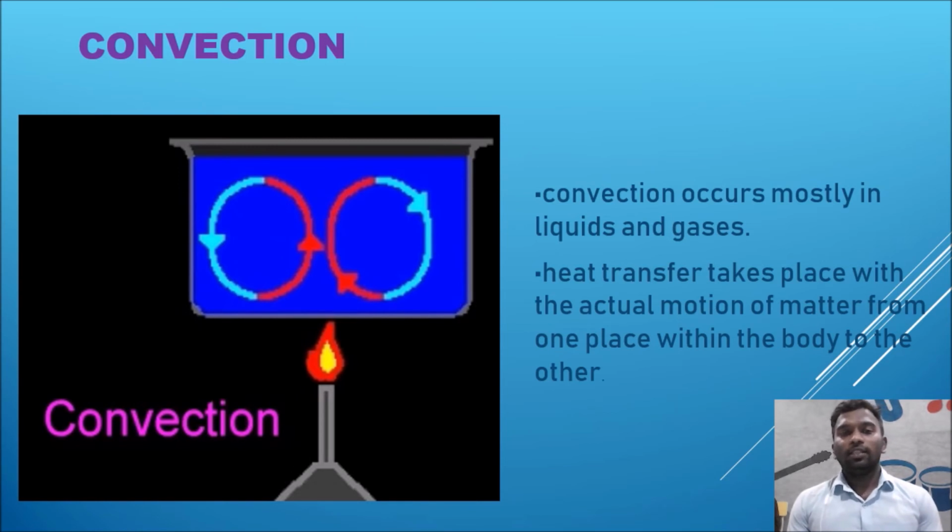Children, here is another process of heat transfer, that is the convection process. What does it mean by convection process? Pour 2 or 3 drops of ink in clean water, or pure water, or fresh water. What do you observe? You can observe that slowly that ink is spread all over the water, right? So in the same way, heat energy takes place with a motion of the molecules inside the substance.